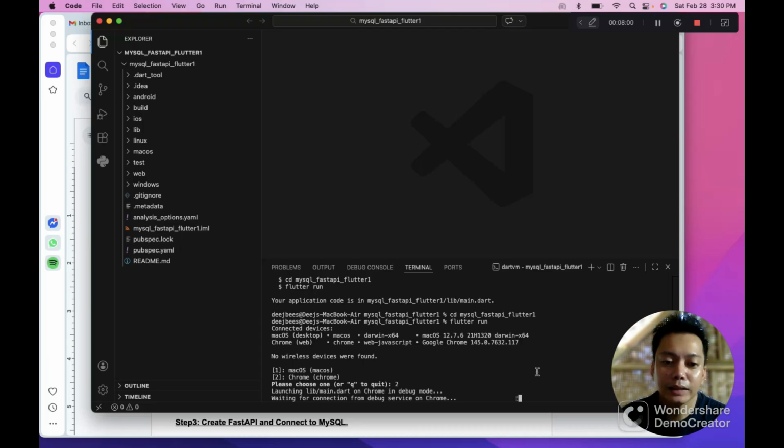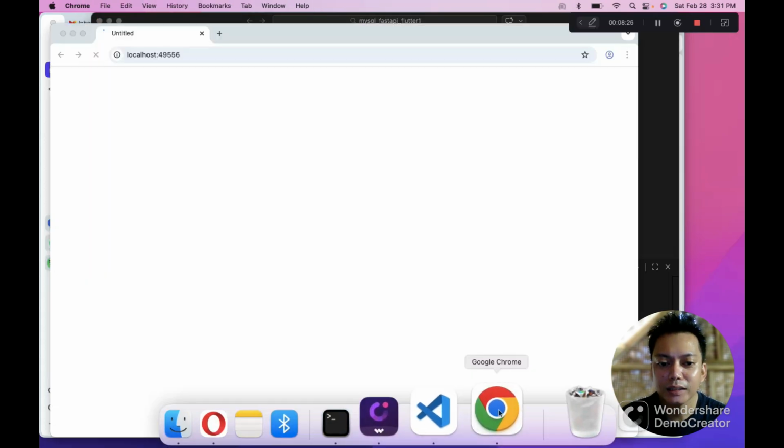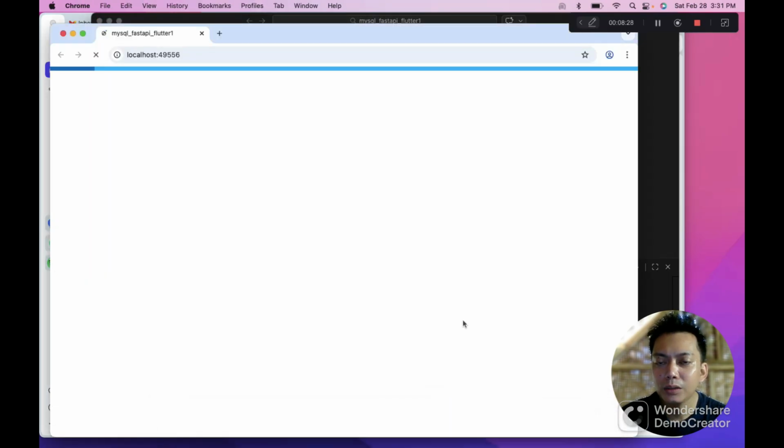In my case, this is an old laptop, a 2015 model, so the load might take a little bit longer compared to yours, especially if your computer is the latest gaming one, it will be a little bit instant. I guess here it is. Then it's loading, so we're just going to wait.